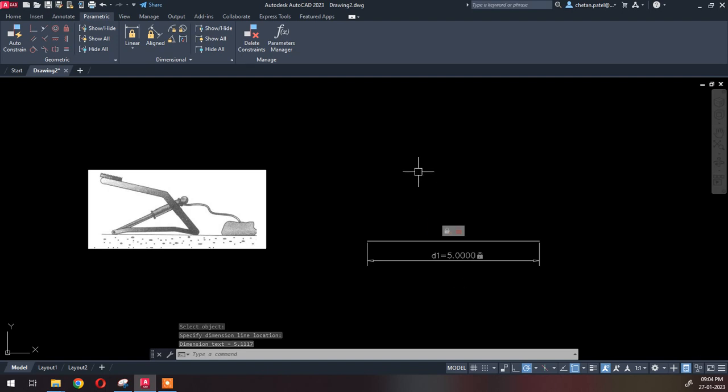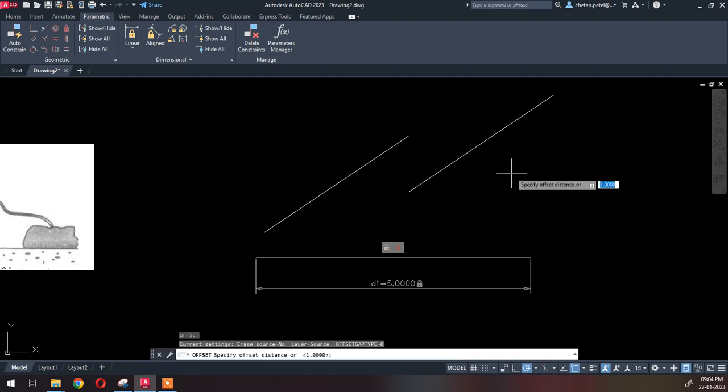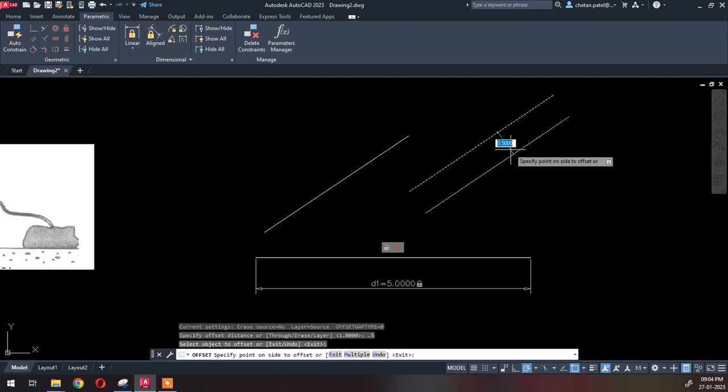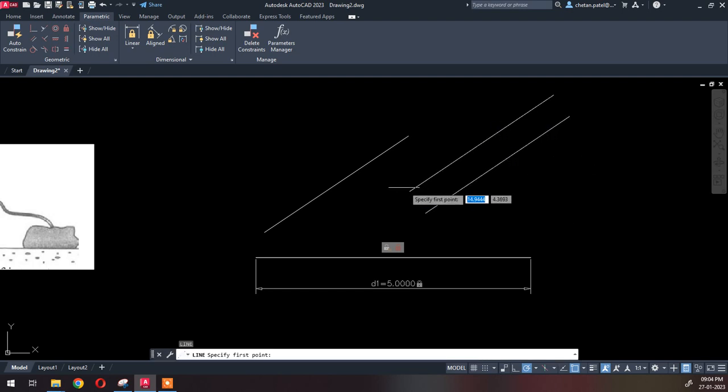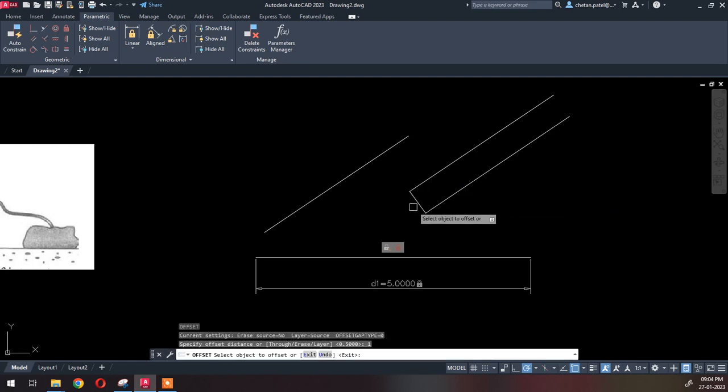Fine. Now let us create the first link. So we are going to create this part. Okay, and using this we need to create the cylinder, so we need to create a block. To create the block, let us copy this because we want to maintain the degree. So let us offset it, say 0.5 to this side, and let us have a line closed, again offset with 1 unit to this side to trim other thing,